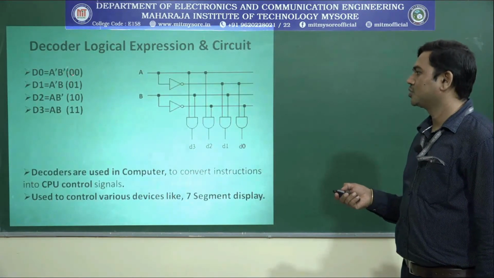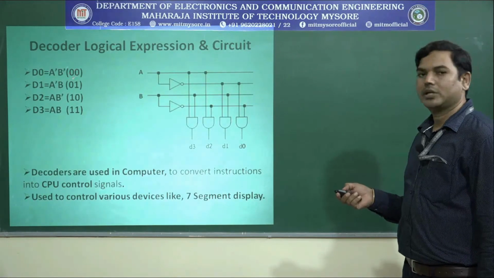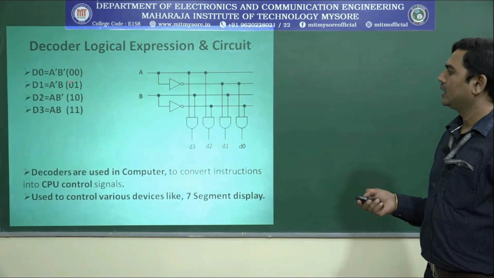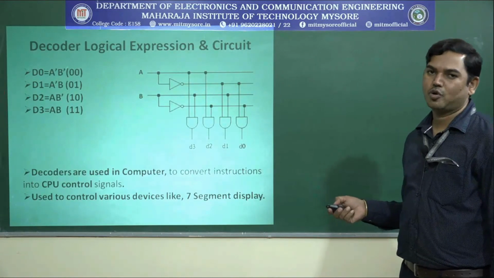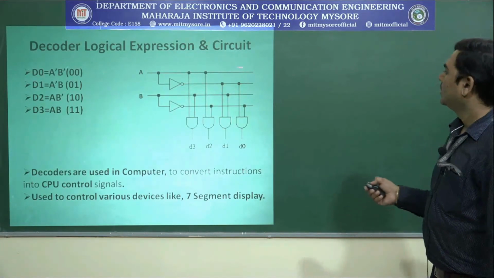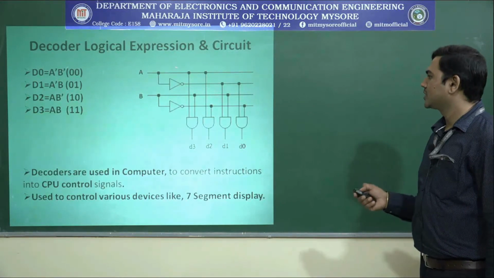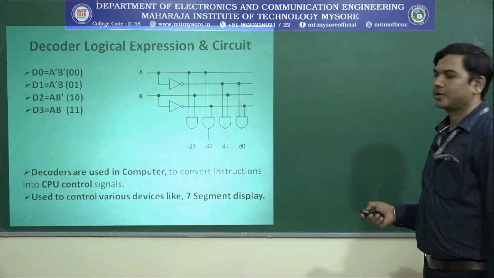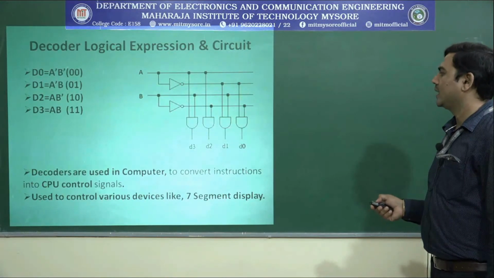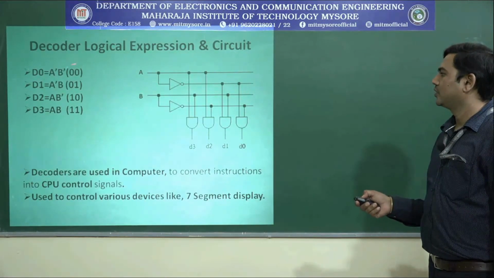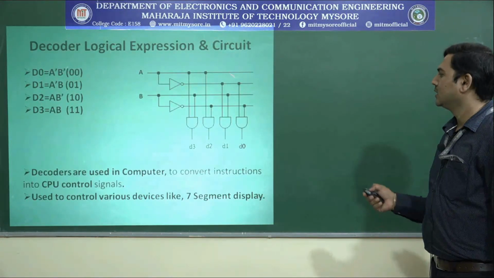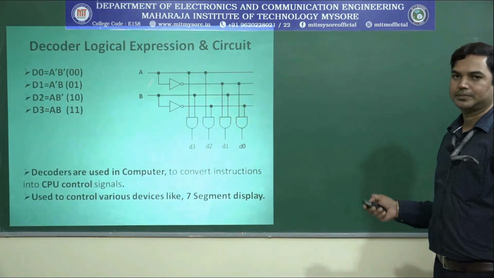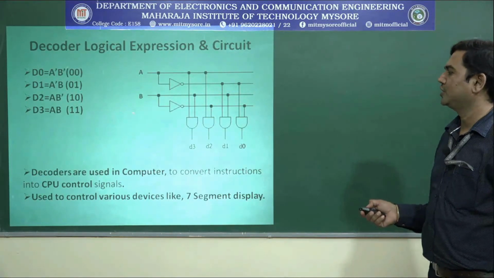A bar B bar corresponds to input A equal to 0, B equal to 0. A bar B represents input A is 0 and B is 1, like this. This is the logical equation of a 2:4 line decoder. We can map this logical equation into a logical circuit, an interconnection of NOT and AND gates. So, you can check how this function D0, D1, D2, D3 is mapped onto a logic circuit here. So, you are aware of these procedures.